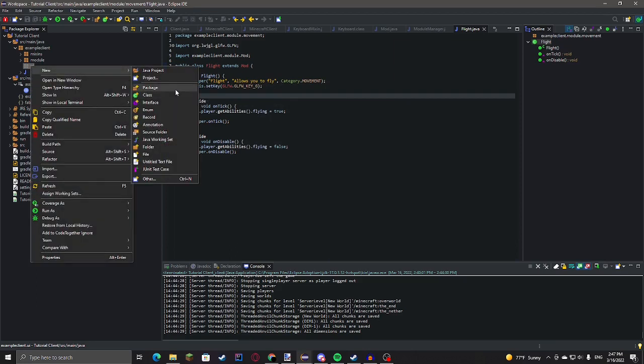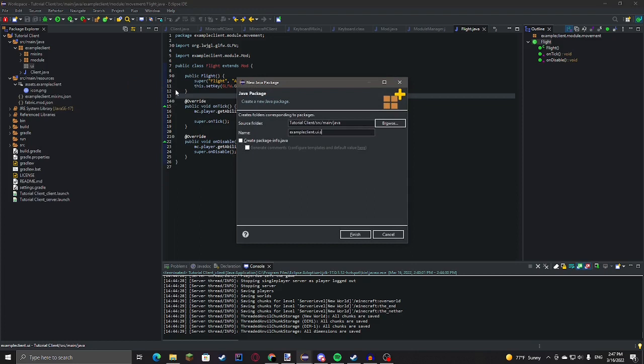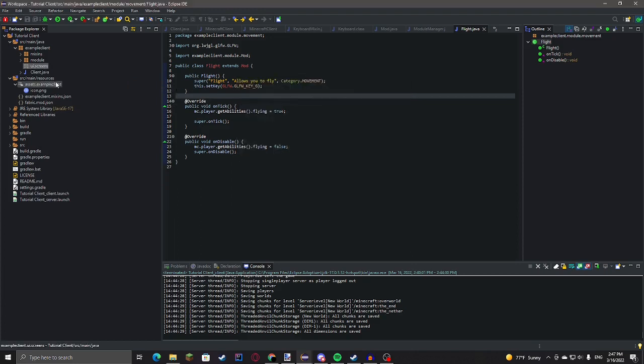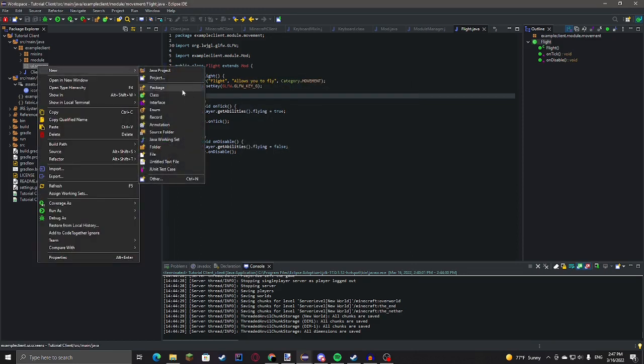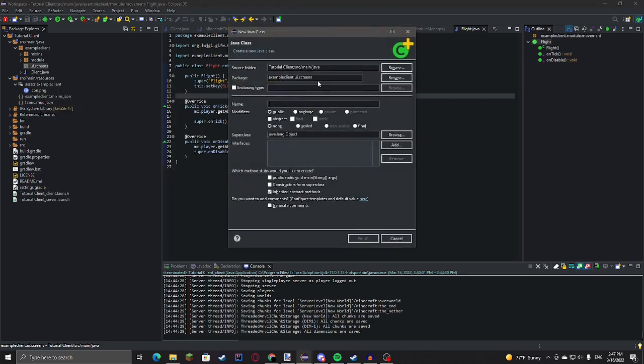Okay, and then we'll make a new package called screens. And a new class, not in the screens package, sorry, just in the UI package, we'll call it HUD.